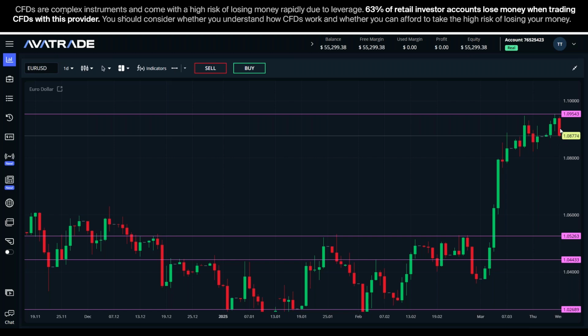Probably a move right back up with the USD weakening and the euro rising up then to test this resistance level again and maybe break it. And I would suspect break it if there was an unexpected rate cut. Okay, so how you play this right now depends on what you think will happen with that